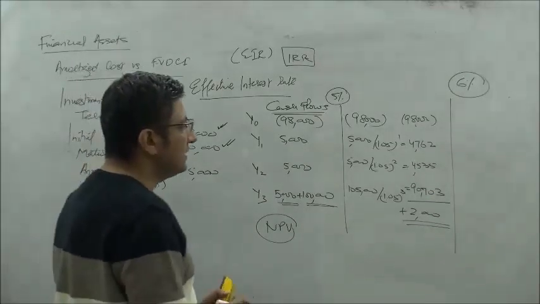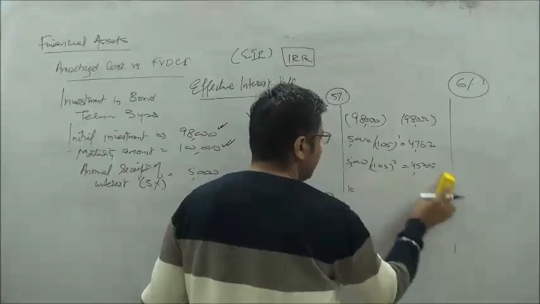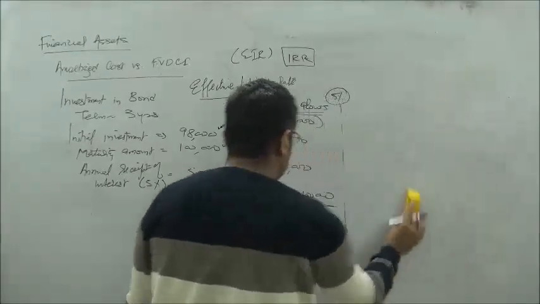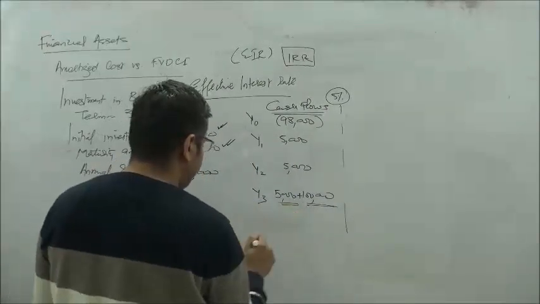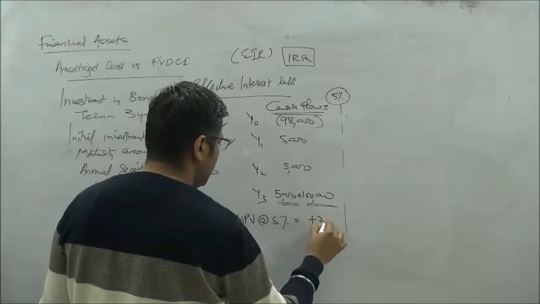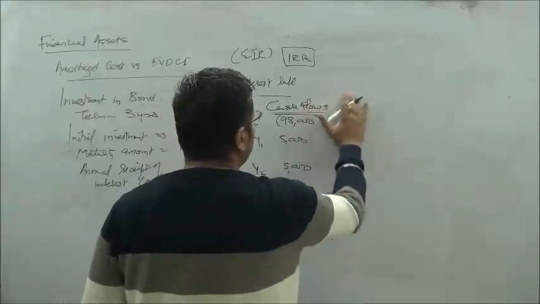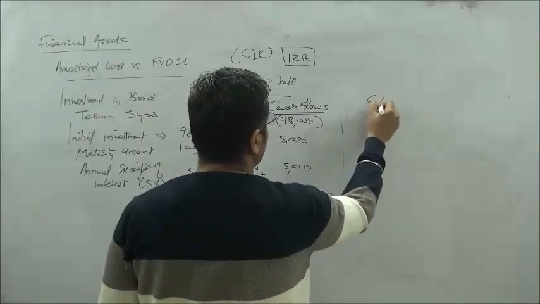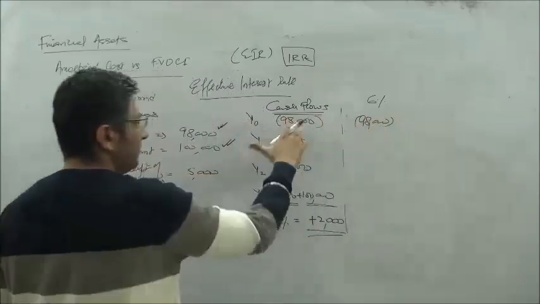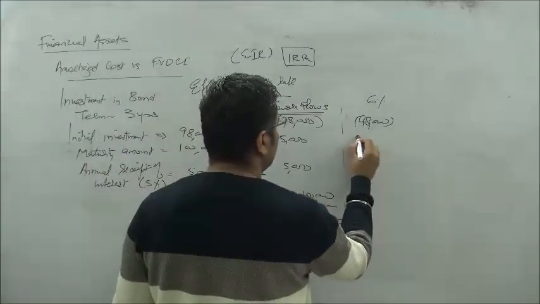But if I use 6% now, so essentially to use some space wisely, I'm saying that at 5%, NPV at 5% is positive 2000 here. Okay, but then if I were to do it at 6%, I'm saying this is 98,000 as it is, year 0 cash outflow. The present value has to be the same. This would be